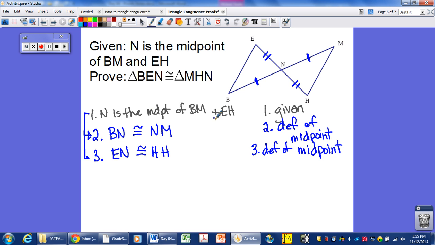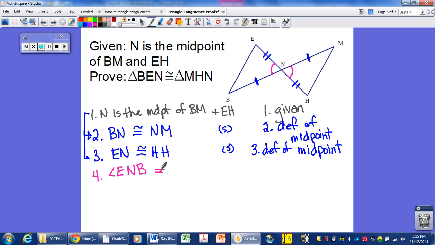We have two things. This is one side, and now I have another side. So now I turn to my picture. Looking at my picture, what else do I see that are congruent? I'm going to say, these angles. I notice that these triangles meet at side N. So that means that these